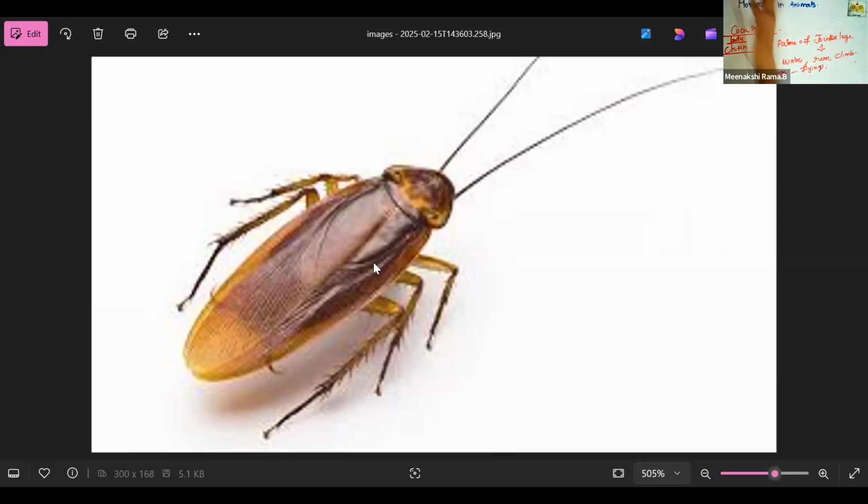These muscles are present inside the body. The body is covered with chitin, a light protective material. It is shed regularly so that the body can grow. So the special part of the cockroach is chitin, present in the outer part of the body. So this is the movement of the cockroach. There are 3 pairs of jointed legs used for walking, running, and climbing, and 2 pairs of wings help its flying. Okay, and next